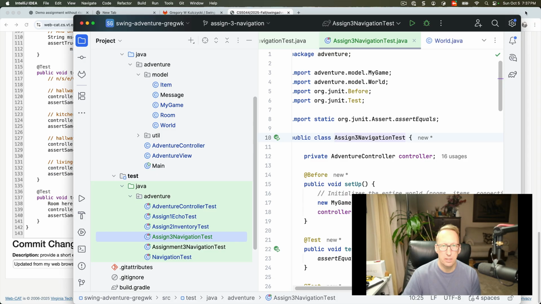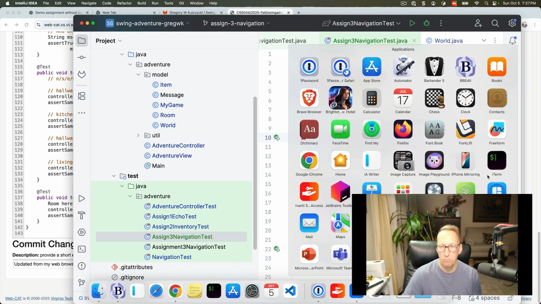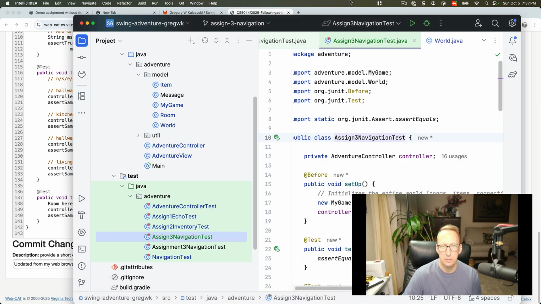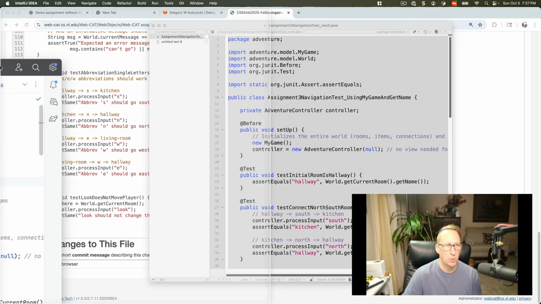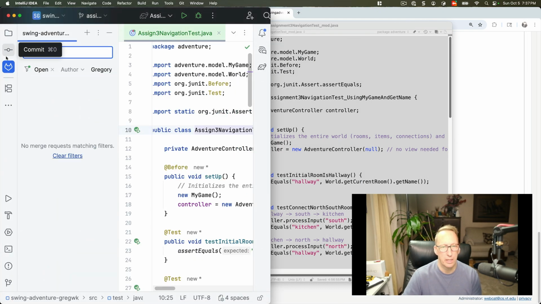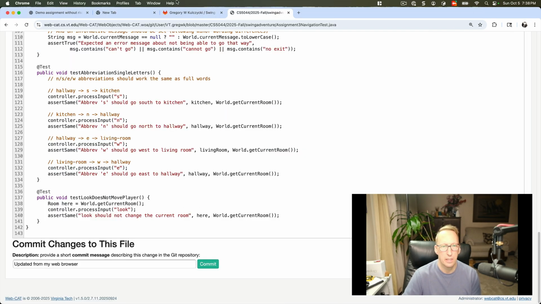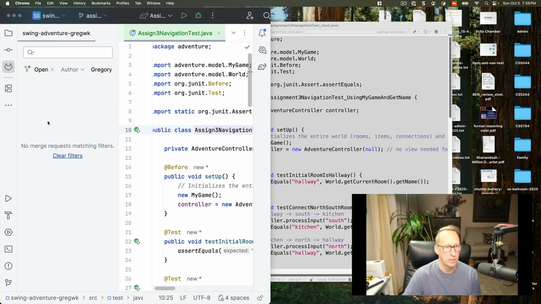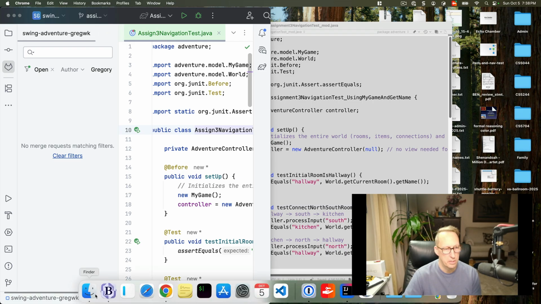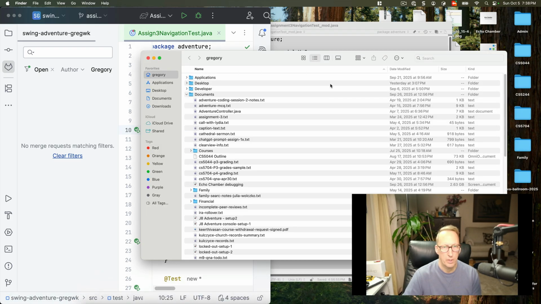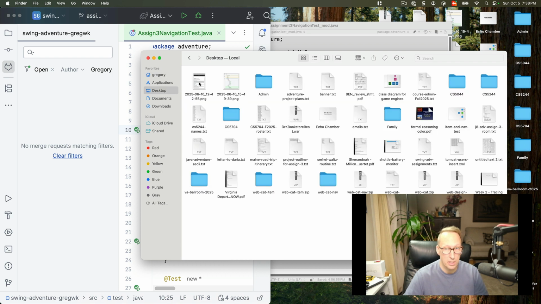And the next thing I'm going to do here is, let me see if I got my magnet switched on. I'm going to put IntelliJ over here, and I'll close down Chrome, I don't need that, and I am going to open up a Finder window, and I'm going to open it to my desktop, and I have a WebCat folder